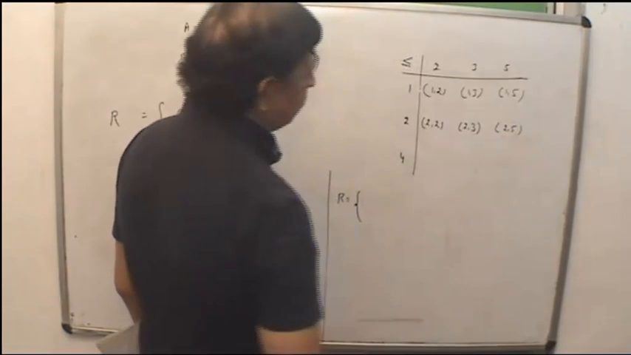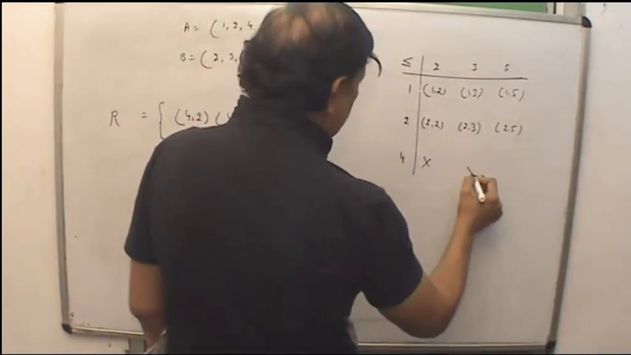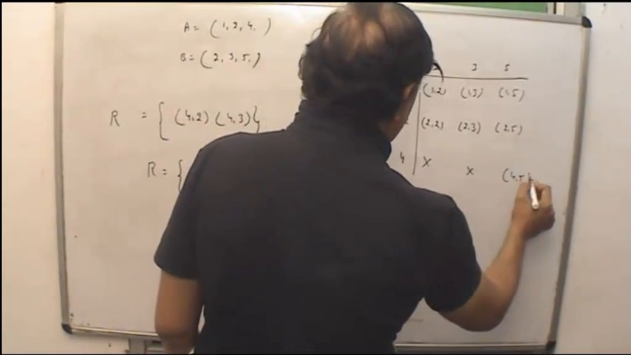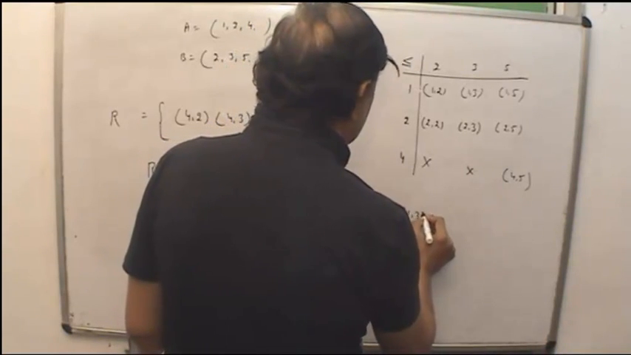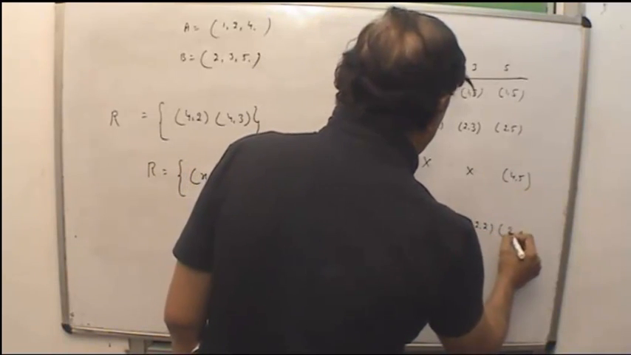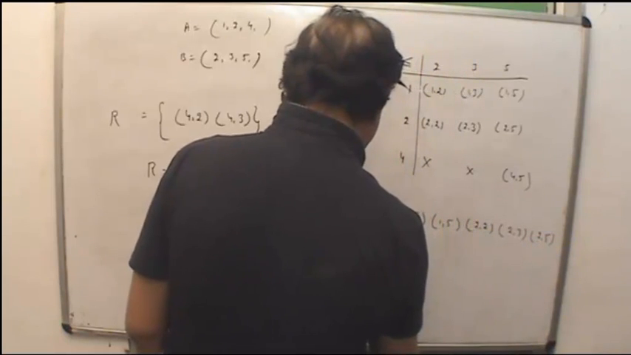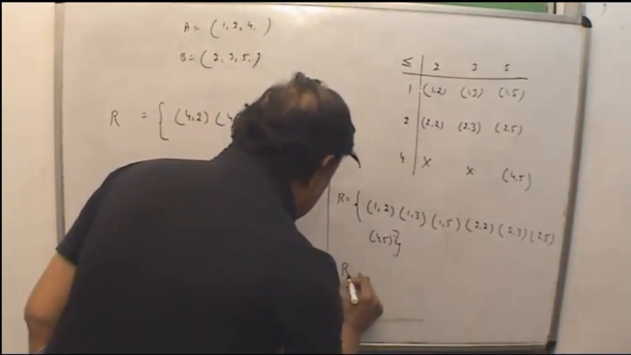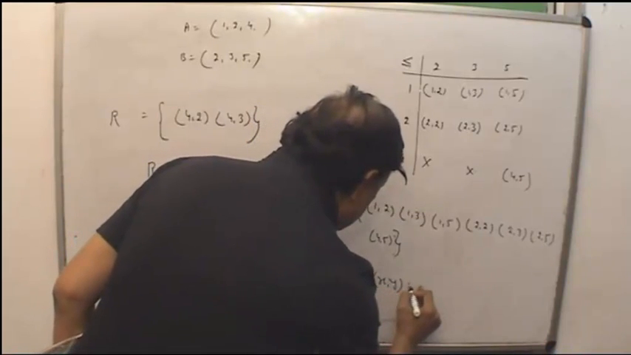(4, 2) we can't consider because 4 is greater than 2. (4, 3) cannot be considered. (4, 5) yes, it can be considered. So we can write the relation: (1, 2), (1, 3), (1, 5), (2, 2), (2, 3), (2, 5), (4, 5). So we write the relation in such a way: R is {(x, y) such that x is